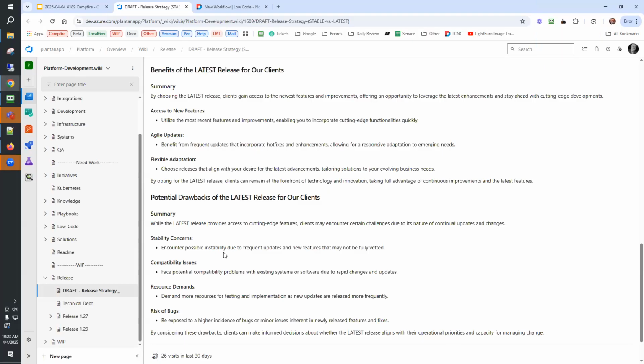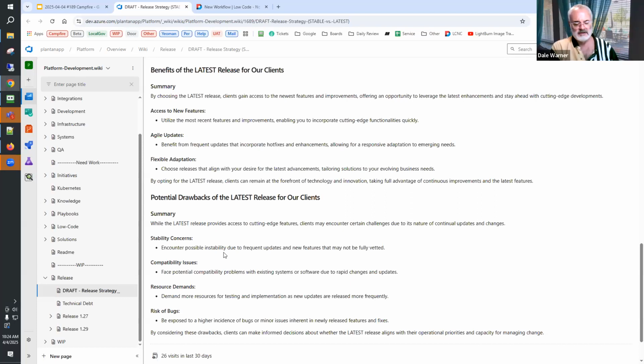Once you have the stable release, if a security patch or something is posted to that, will the latest release also automatically get that, so you're on an even playing field? Yes, if we decide to, let's cover that.